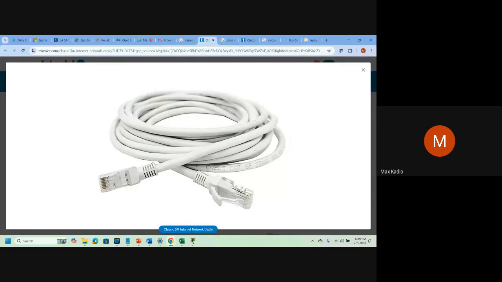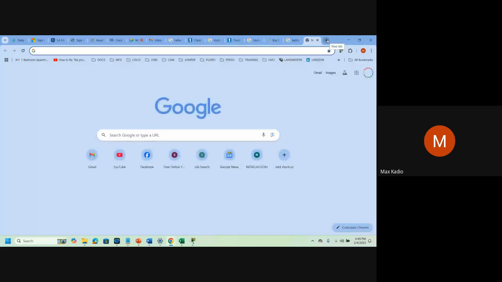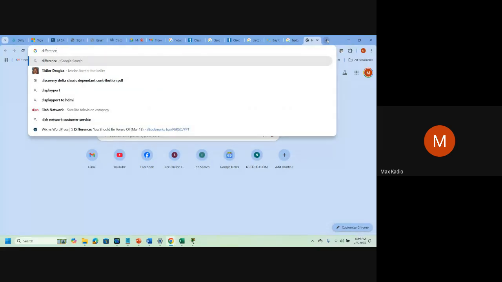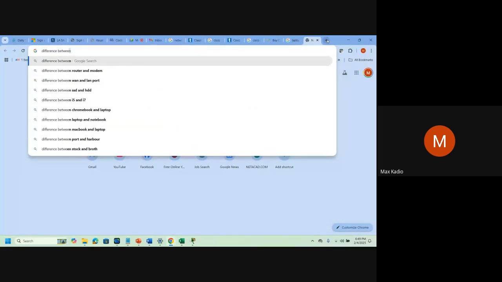RJ, so in French, G is J, and J is G. So RJ45. So you can Google it, difference between RJ45 and RJ11.